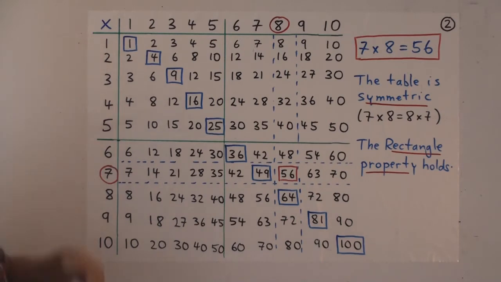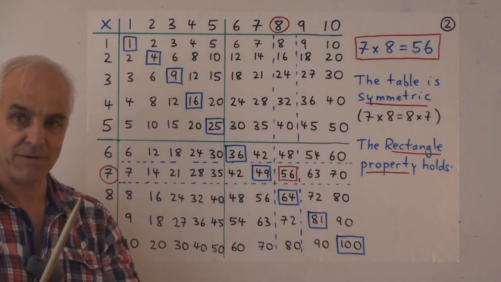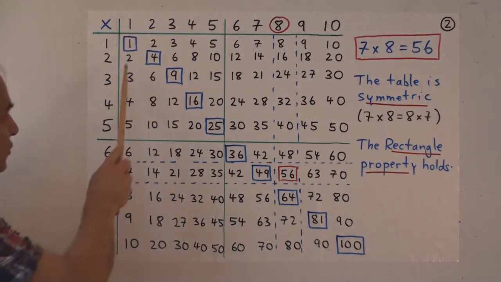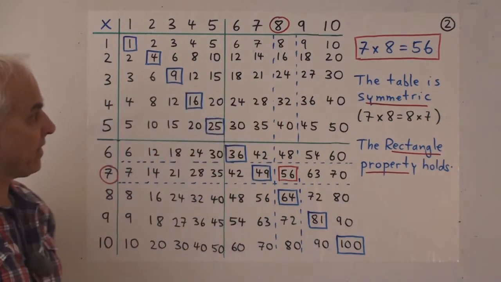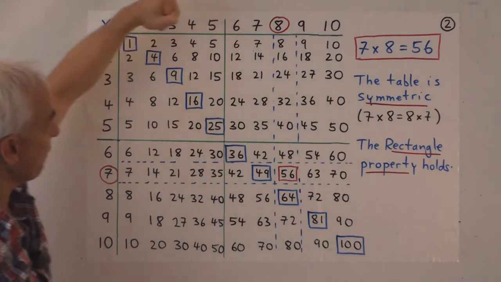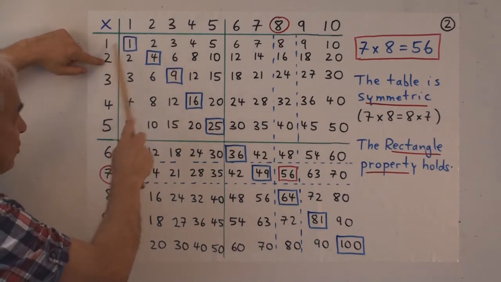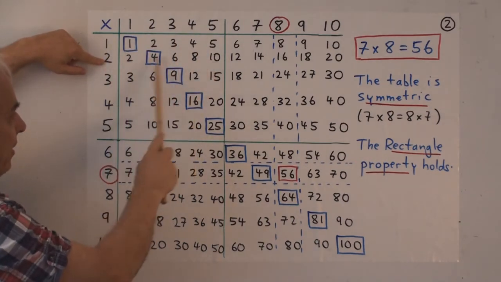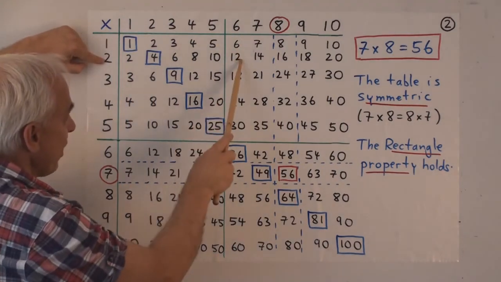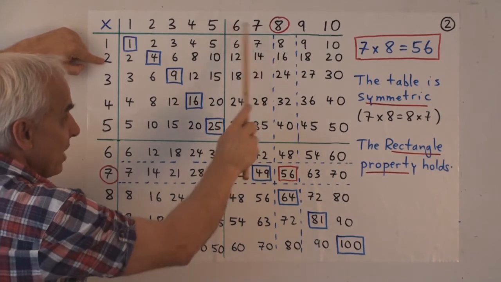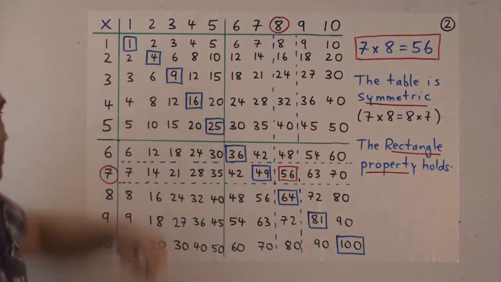The second row is multiplying by 2, which generates the even numbers. Those are the multiples of 2. 2, 4, 6, 8, 10, 12, 14, 16, 18, 20. Those are the entries that we get when we multiply the numbers 1, 2, 3, 4, 5, and so on by 2. So 2 times 1 is 2, 2 times 2 is 4, 2 times 3 is 6, 2 times 4 is 8, 2 times 5 is 10. That should be familiar from the 5 by 5 table. And now the new thing, 2 times 6 is 12, 2 times 7 is 14, 2 times 8 is 16, 2 times 9 is 18, and 2 times 10 is 20.